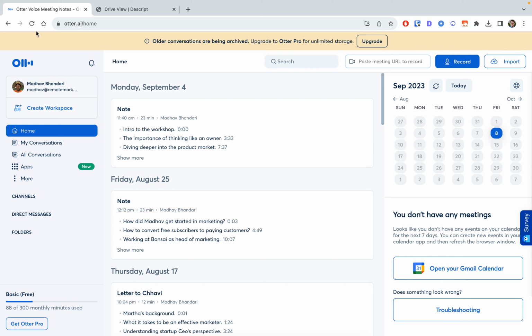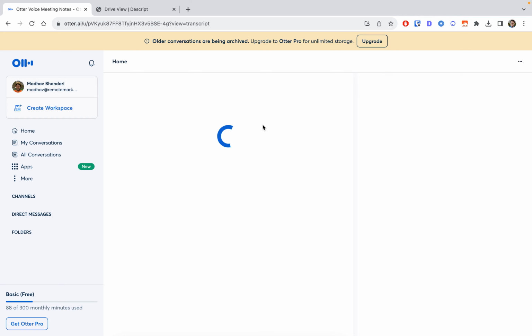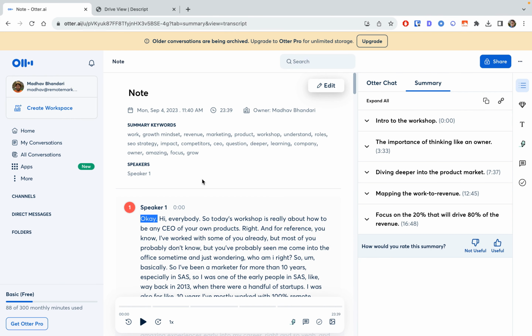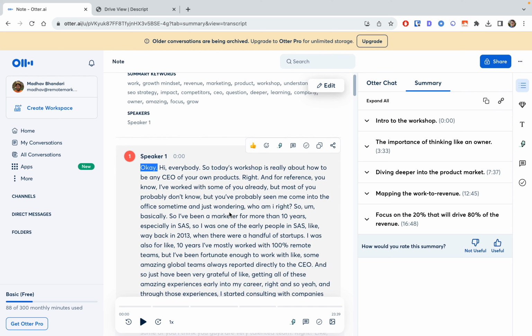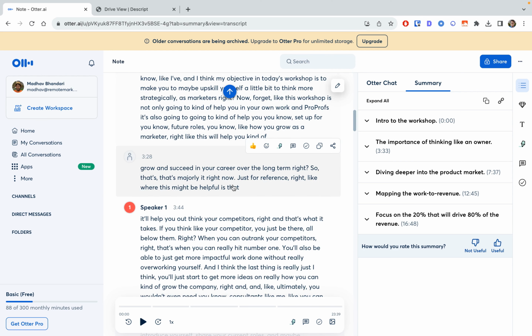marketing teams in general. Now, let me show you what the user interface looks like in Otter. All right. So when you log in, you basically have an interface like this. The main thing is that you can click on record here and then it'll start recording. Let me show you how the transcription looks. Okay. So I recorded a note. Basically, I was doing a workshop and I wanted to create some notes. So I did that, and it transcribed it really well.